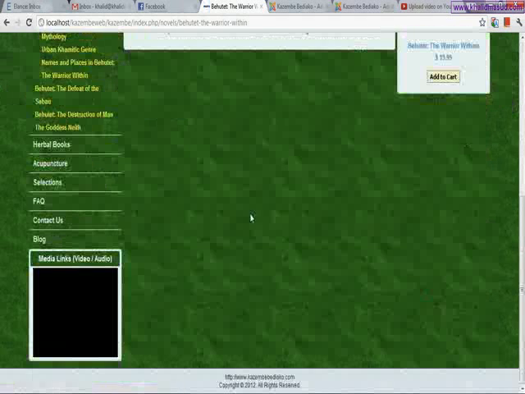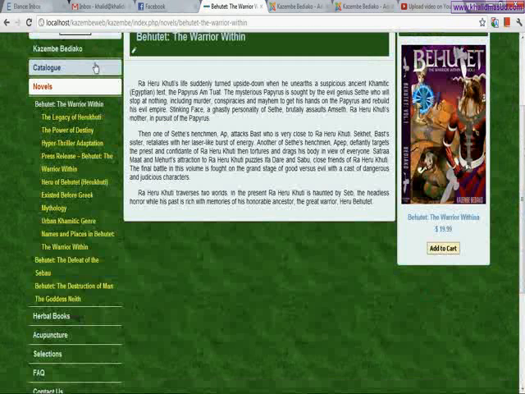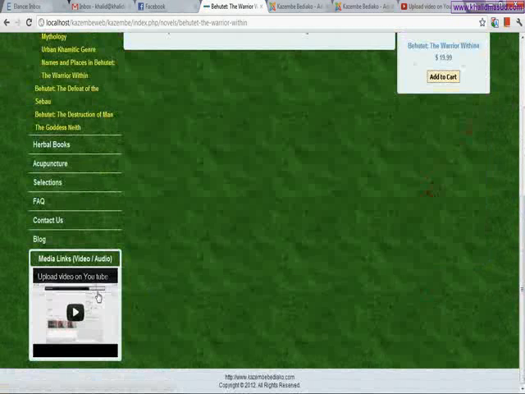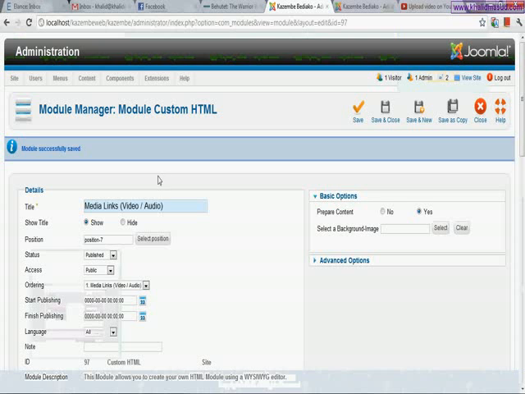You can see that this is position 7. Although all these three things are on position 7, as I selected position 7 last for this video, it has come down from here to here. So position means on what space what thing should appear.